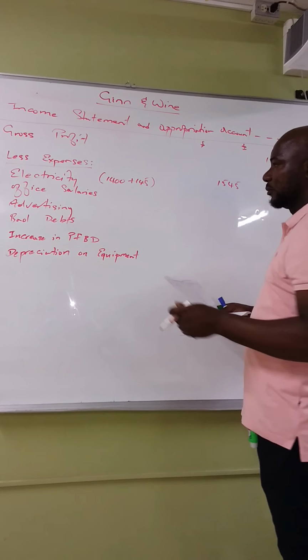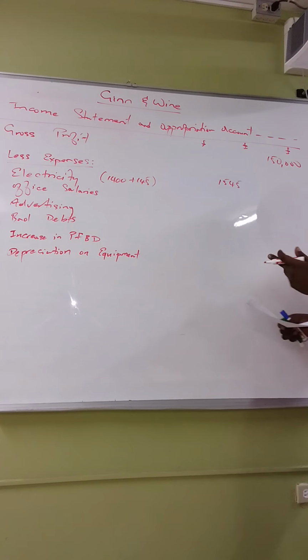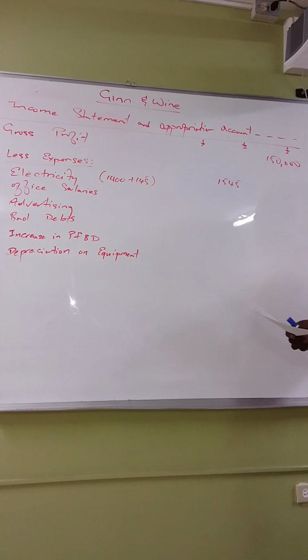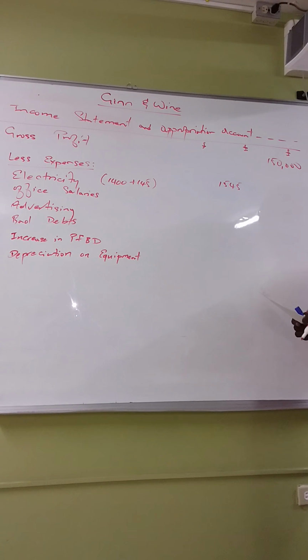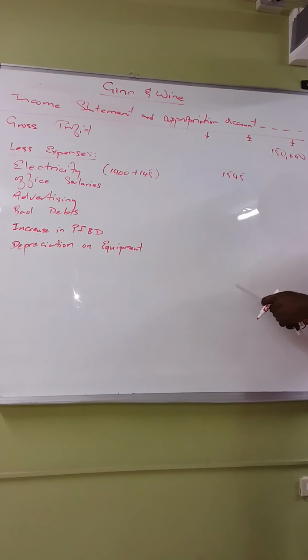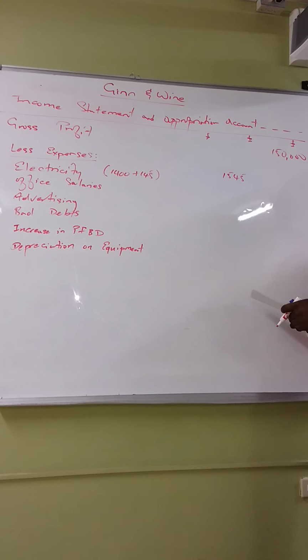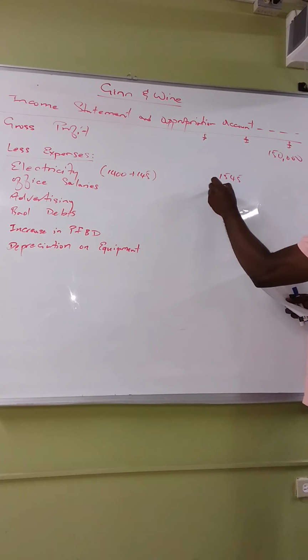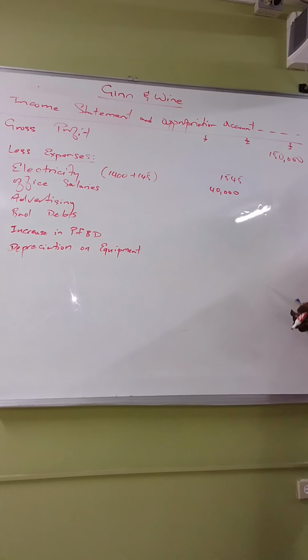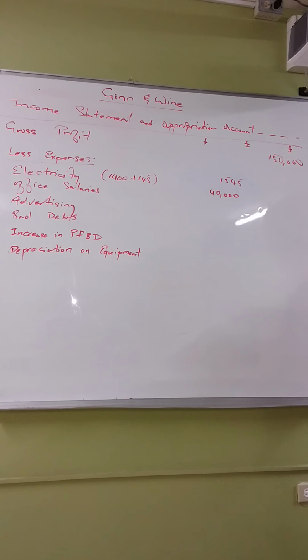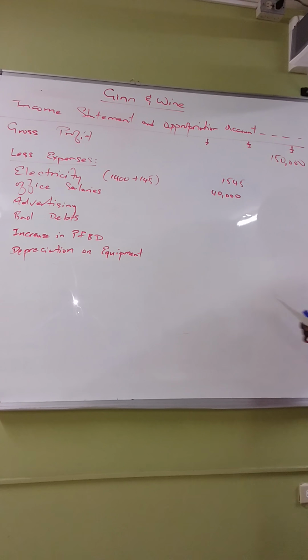Next we have salary. The next expense that we have is salary. So you now need to look in the footnote to see if there's any adjustment, meaning any prepayment or accruals as it relates to salary. There was none. So it simply means that the amount included in your listing, $40,000, is the amount for the year. So $40,000 was the office salary for the year. Next we have our